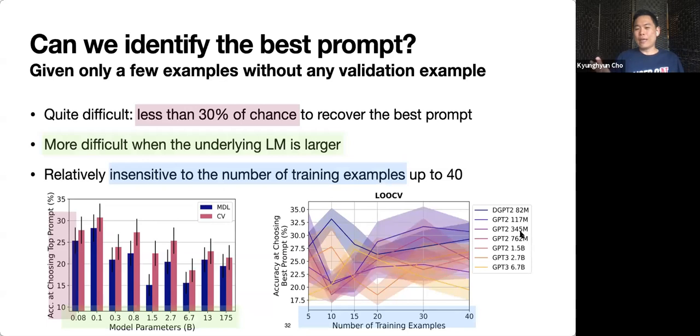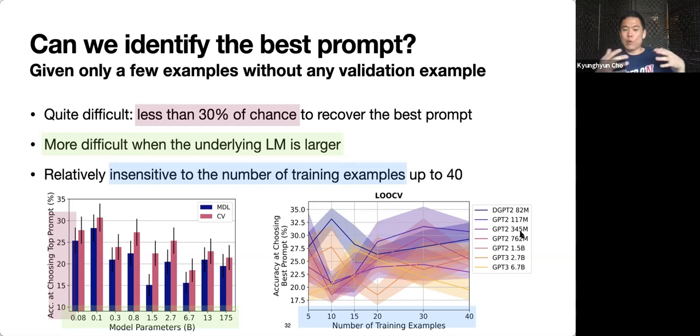So first, can we identify the best prompt given only a few examples without any validation examples? That's the emphasis here: can we do so with only a few examples without any validation examples? It turned out that it's actually pretty difficult. We could only recover the best prompt less than 30% of the time almost always.